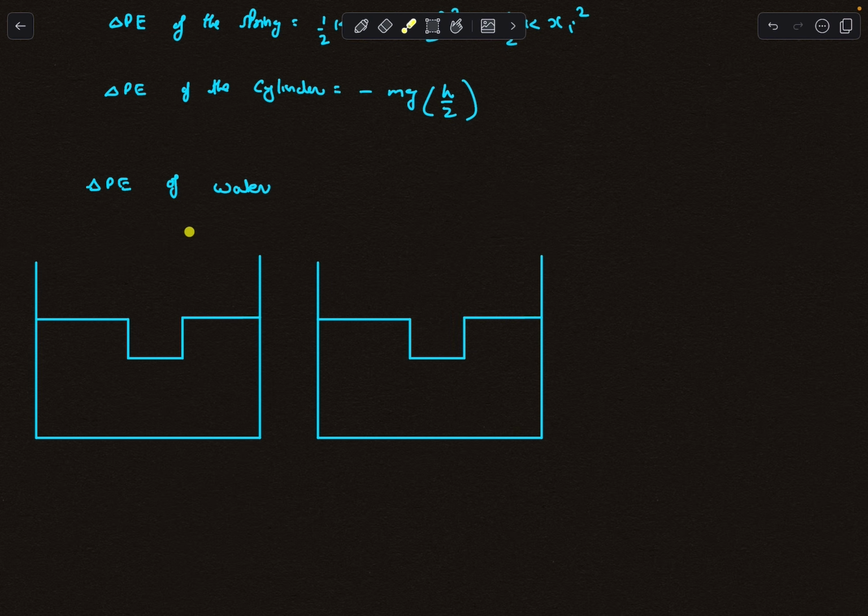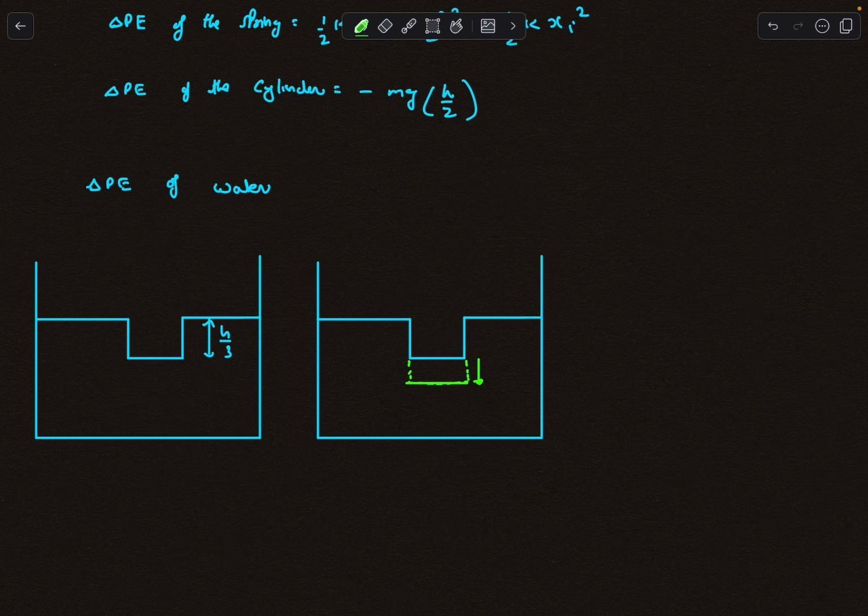For this, what we can do is imagine the water surface without the cylinder present. So this is how the surface of the fluid looked in the initial case. This height was equal to h by 3. And for the final case, I am choosing a different color. Now this point over here, guys, is where the base of the cylinder was actually present, right? And we know that this point will move down by an amount of x because we pushed the cylinder by an amount of x. So the new base of the water will be over here,